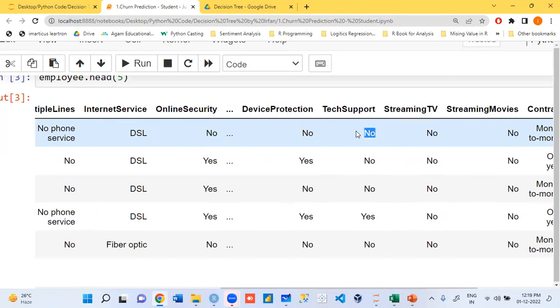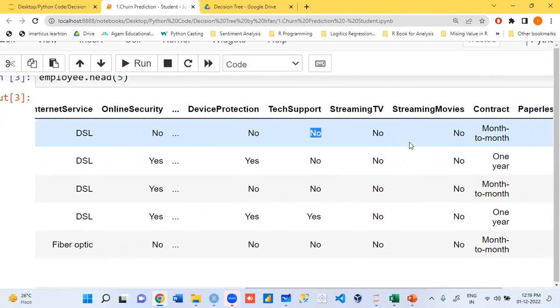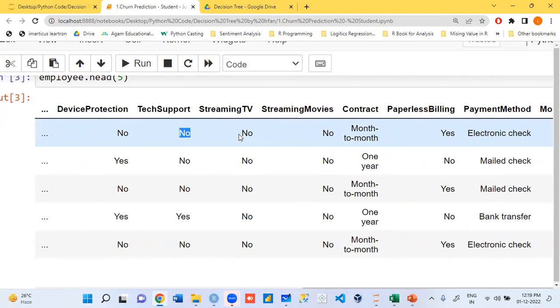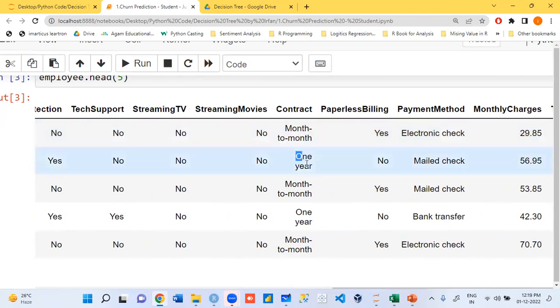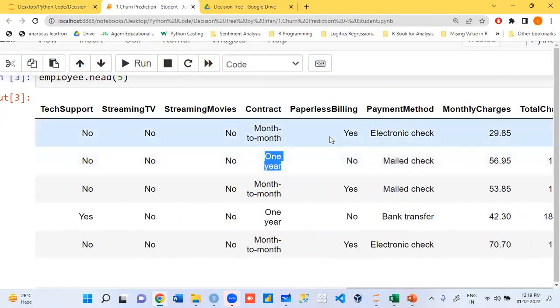Tech support means how many times you call the call center for a query. Whether you have taken any OTT platform or not, TV or movies. How you recharge, month to month or yearly. Whether you prefer a paperless bill. Paperless means on email. People who say no will get a hard copy. How do they make the payment?